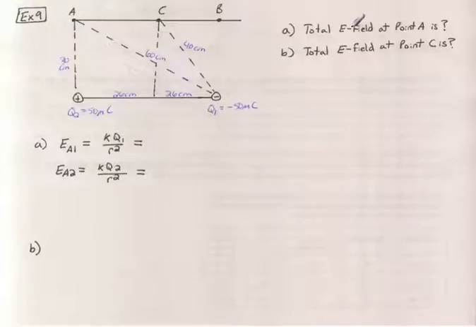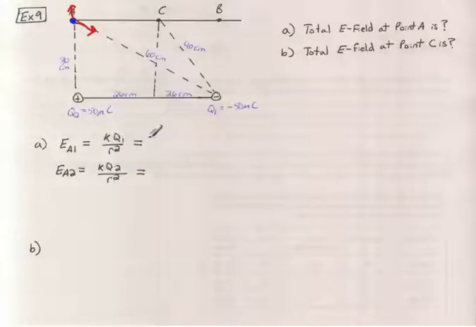Okay, so part A is what is the total E field due to both of those up here at point A. Okay, so the E field, remember we're thinking positive flow, so that means the bottom charge down here is going to push it out this way at that spot, and this negative charge here is going to try to suck you in that way at that spot, so that's the way positive charge is going to be flowing. So once again, we just use the formula for the field strength, and we plug in,